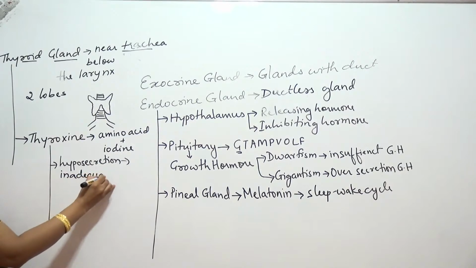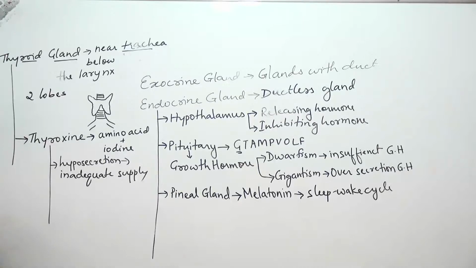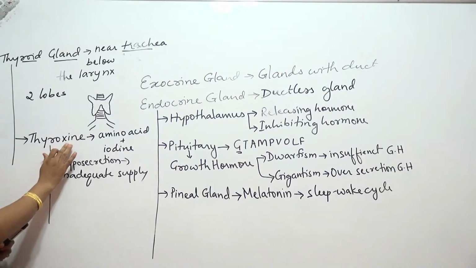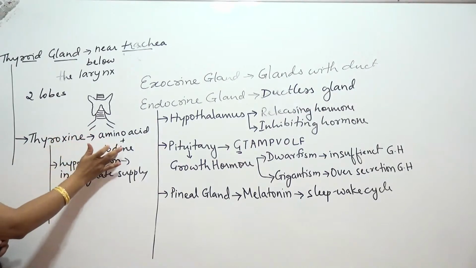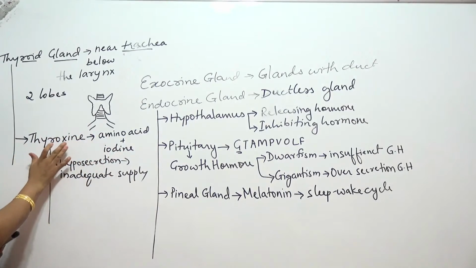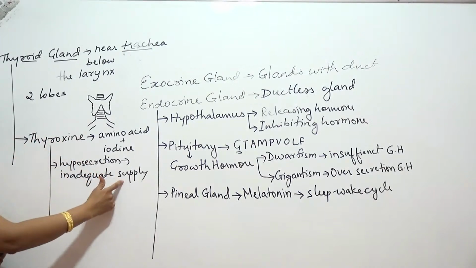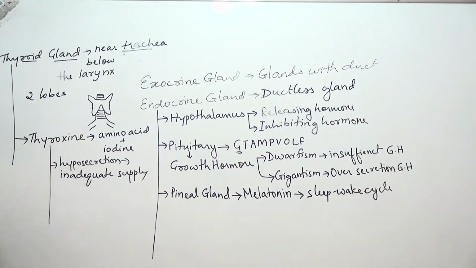Remember, thyroxine requires iodine for its production in the body, and the hyposecretion of thyroxine, that means inadequate supply of thyroxine in the body, causes many disorders,